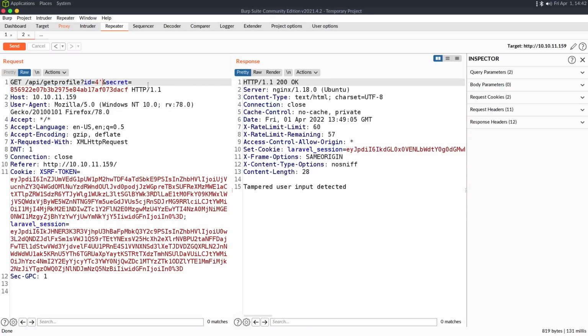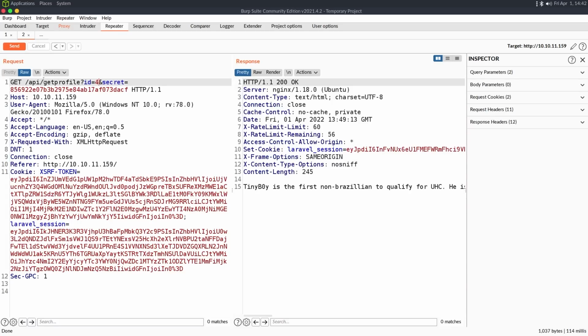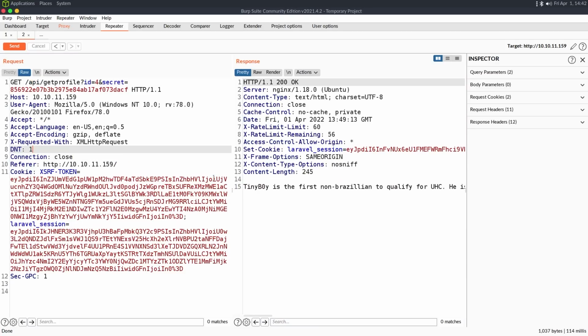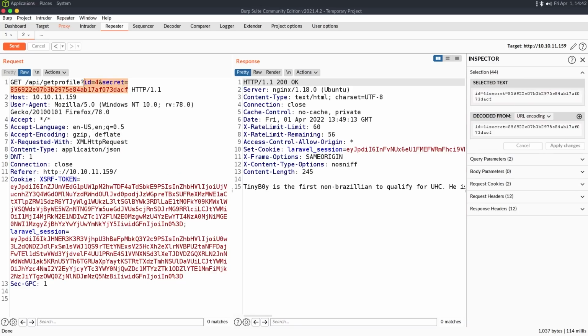Because if I put a single quote here, we have tampered input detected. So we could try things like a hash length extension attack against this. But I mean, again, it's going to this API endpoint. So I always like doing type juggling when I see it going to an API. So I can say content type is equal to application JSON, and then bring this data, put it in the